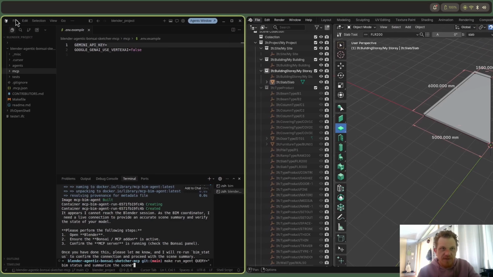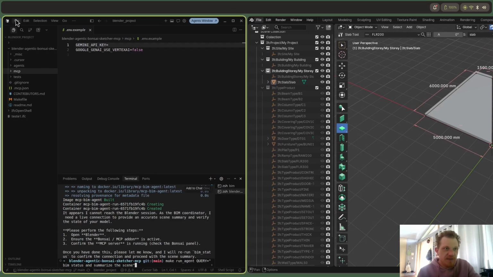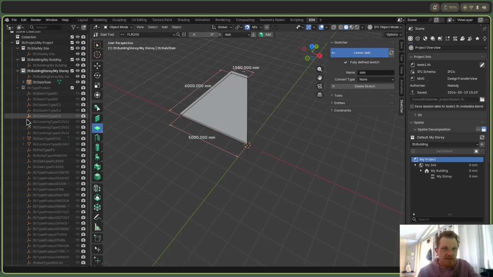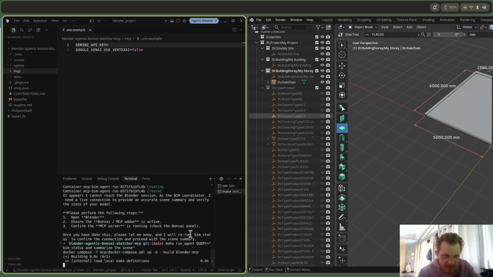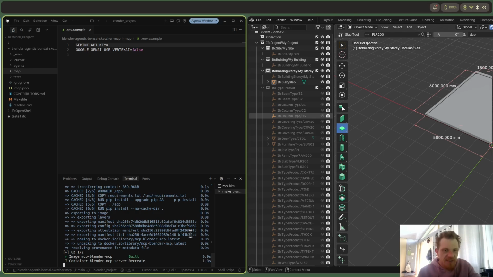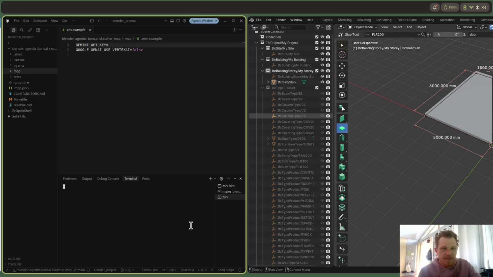We can note that it's saved here, but it's having trouble connecting to the MCP. Let's try it again. But either way, we can go to the Blender Agentic Sketcher MCP,